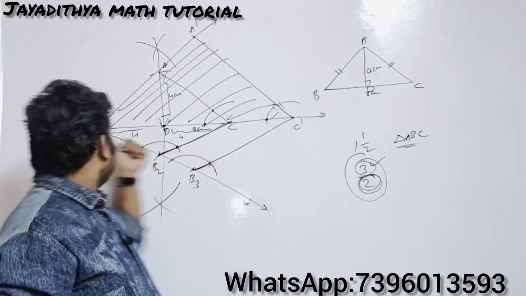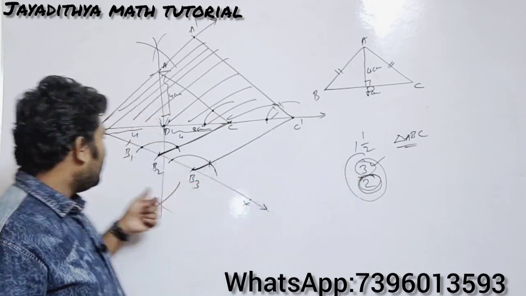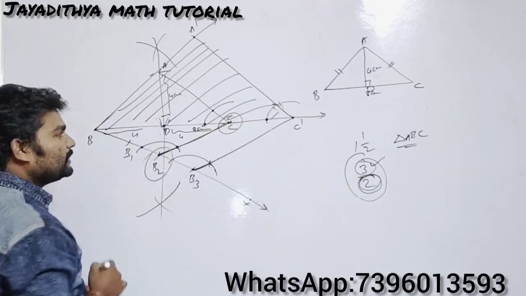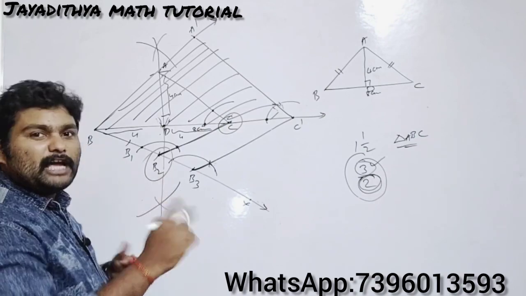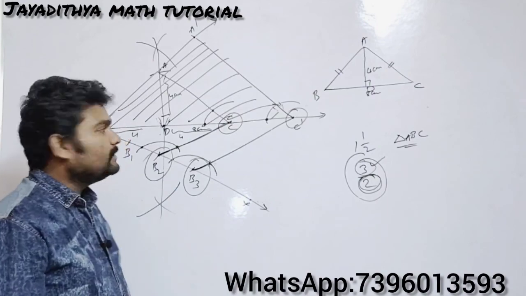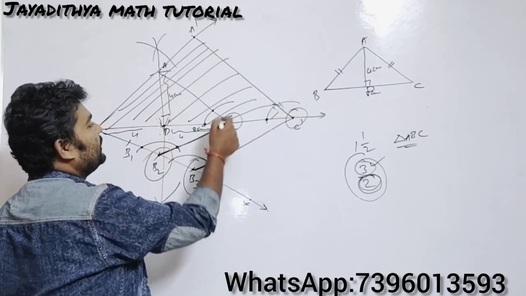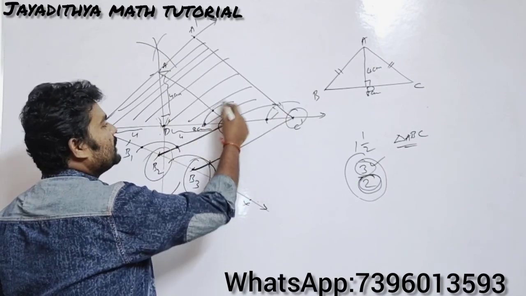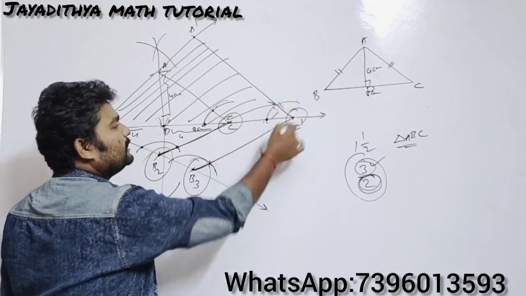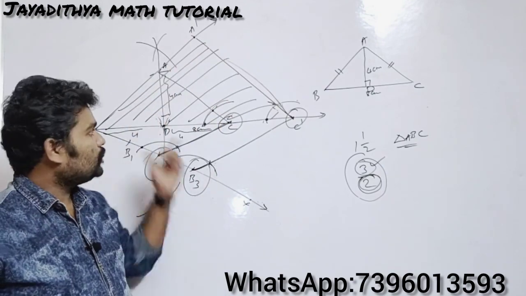Okay, so here BC should be made into 2 parts, and you want 3 parts for the similar triangle. So I am joining C with B2 here. Then we are drawing a parallel line at B3, so we are getting C dash. Again we are drawing a parallel line at C dash, which is parallel to CA. Already we have this line. So how to draw this? Again you draw an arc, measure this one, cut here, and then you draw a line such that it meets at A dash. That's all.